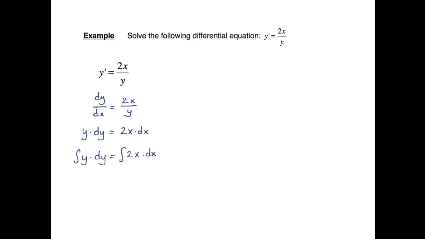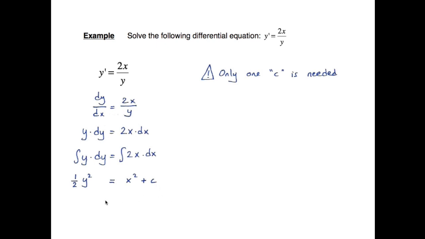I can put the integral sign here and look at each of these two sides of the equality separately. So the integral of y dy is 1/2 y squared plus a constant, I'll mention that. And this side of the equality, the integral of 2x dx, is x squared plus a constant. So this is the answer, but we'll just put it in parentheses for a minute to explain why only one